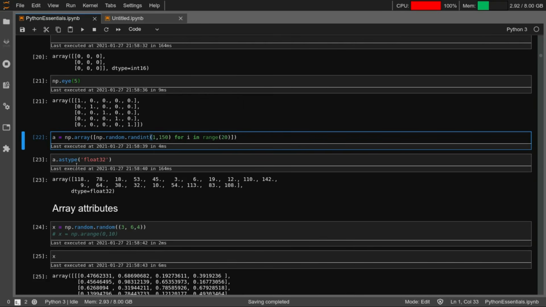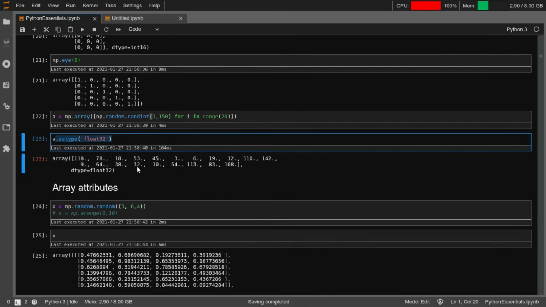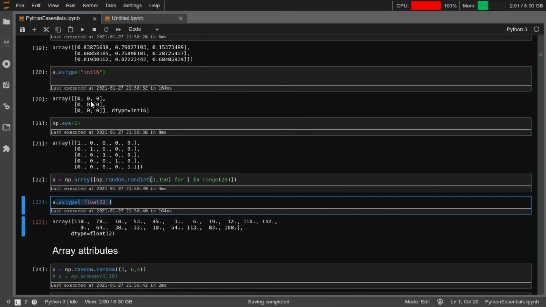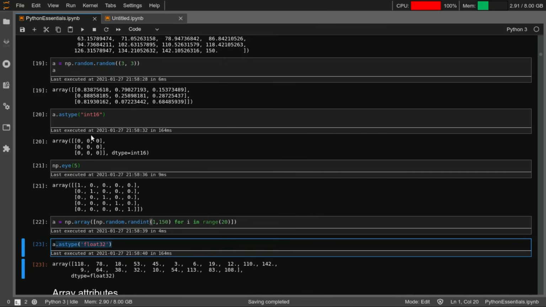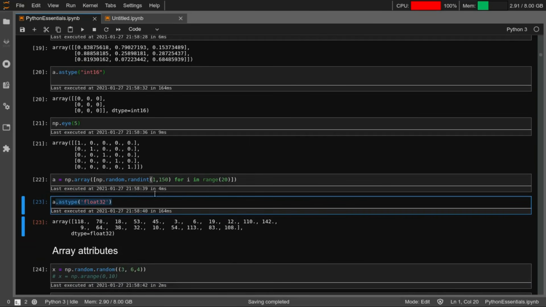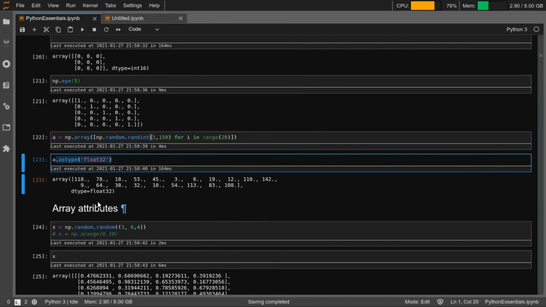Again, a typecasting function. Here you can see that you have generated integers, but you are casting them as float32. You are changing the data type to float32. In the above cell we saw that everything was rounded to 0 because you were converting floats to integers, but here you are doing the other way around, converting integers to floats. Although the data type gets converted to float32, since the values are integers, they remain the same. So there is no change, but the data type is changed.